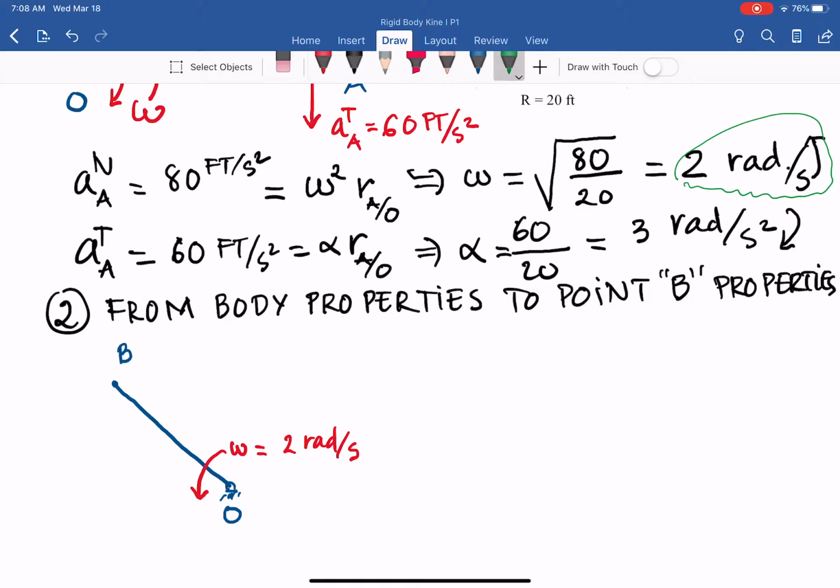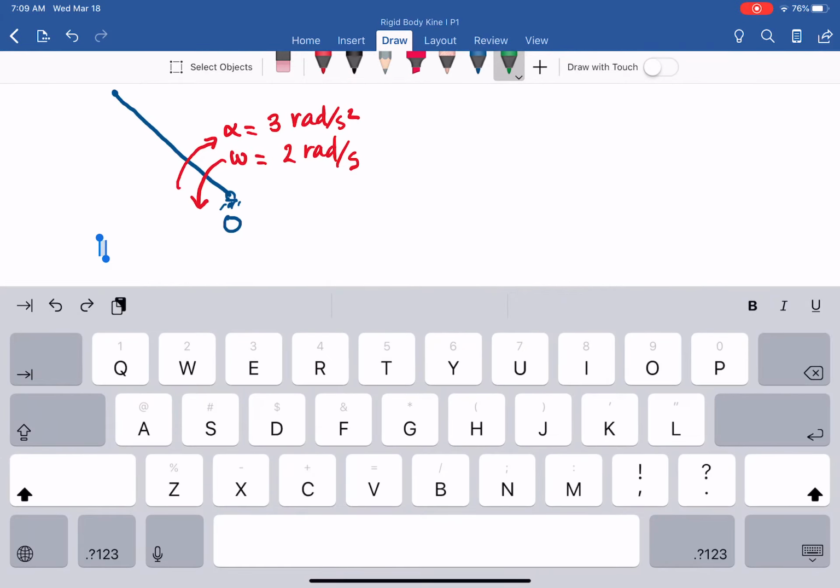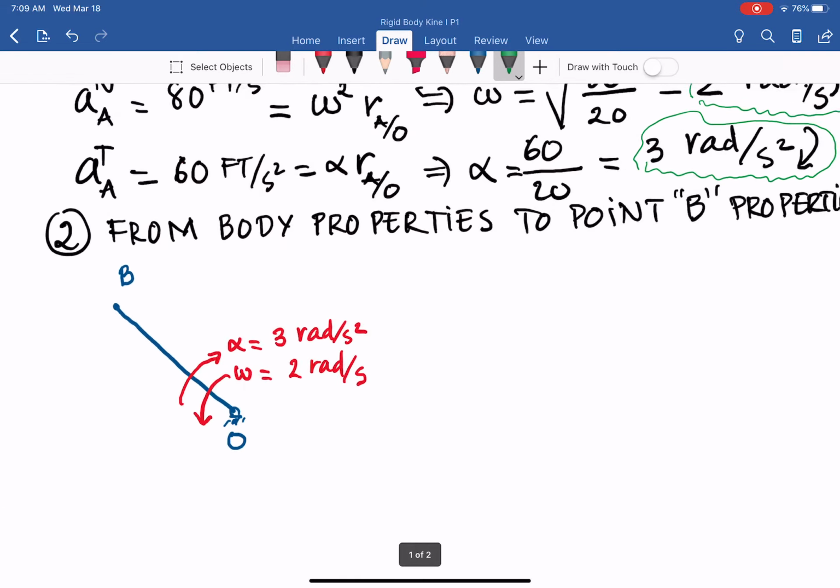And then the other body property, alpha, 3 radians per second clockwise, so we can have alpha, and in this case 3 radians per second squared. And in terms of the geometry, we have